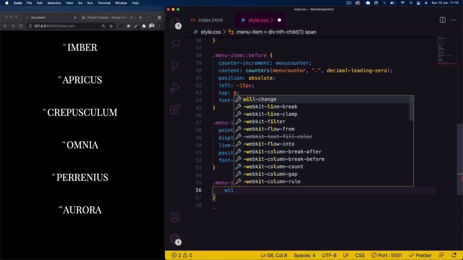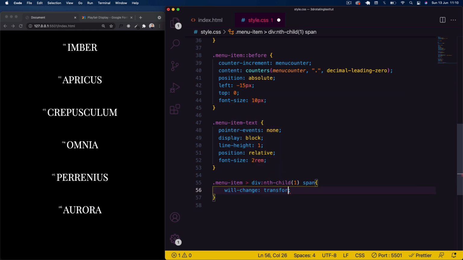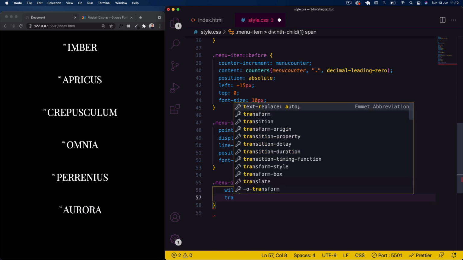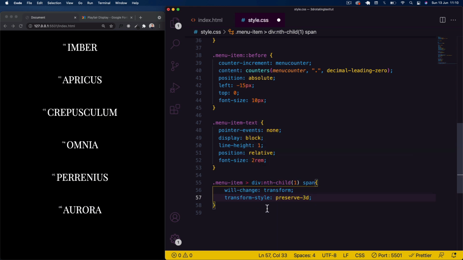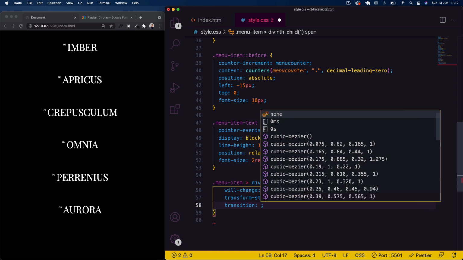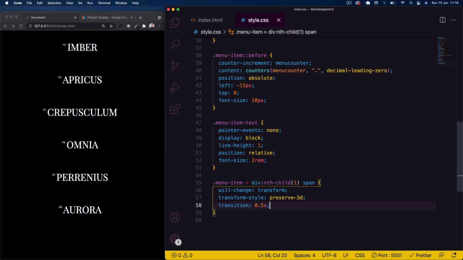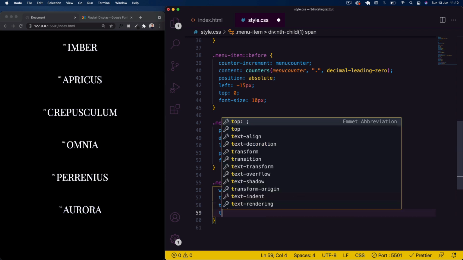And then we're going to specify will-change transform, and this will just optimize the browser to perform these transformations. And then I'm going to say transform-style, okay? We want to preserve-3d because this effect is kind of like a 3D effect, okay? And then I'm going to say transition, we'll say 0.5 seconds,